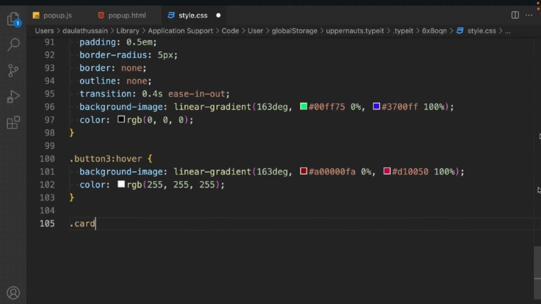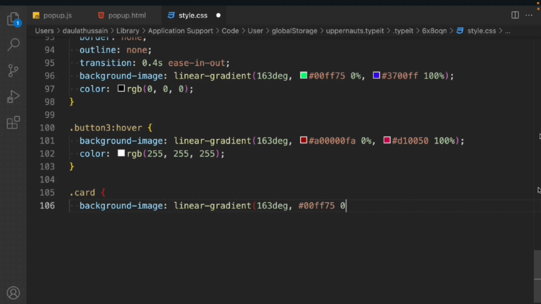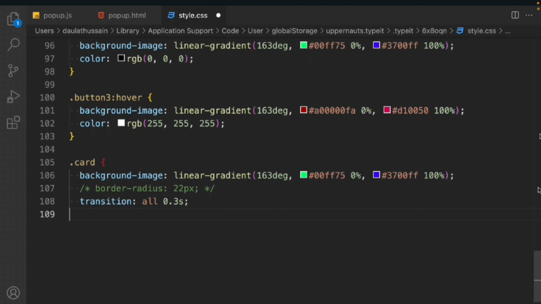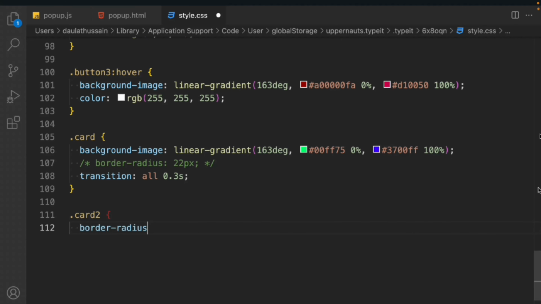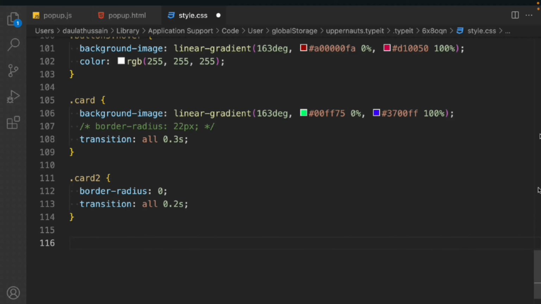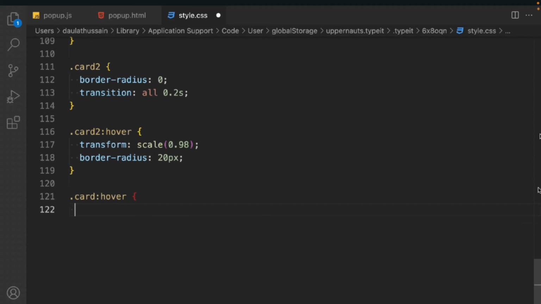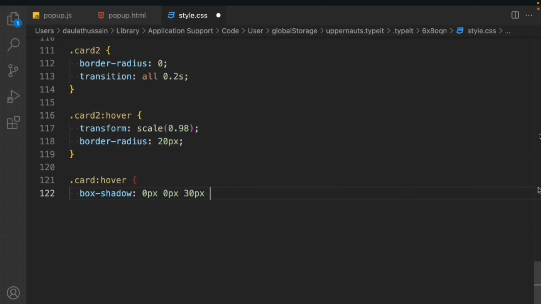Let's target the card. We'll say background image, it will have a linear gradient color, the primary gradient color we have. Then we'll assign the border. Let's comment out for the time being. With this transition all 0.3 second, we have to target the card 2, border radius 0, transition all 0.32 second. We'll take the card hover effect. We'll say transform scale 0.98, border radius 20 pixels. We'll take the card hover effect, box shadow 0 pixels, 0 pixels, 30 pixels, 1 pixel, and we'll have the